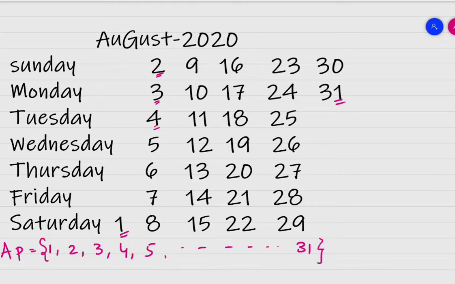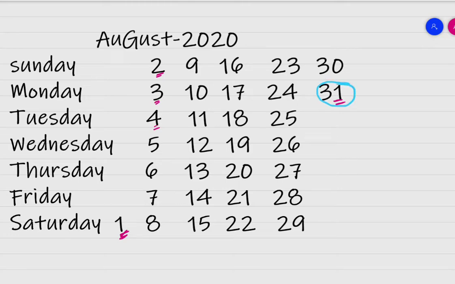Now, suppose someone asks you to give the sum of all the terms, how will you do this? Suppose you need to add all the numbers from the 1st term to the 31st term: 1 plus 2 plus 3 plus 4 plus 5 plus 6 plus dash dash dash plus 31 at the end. Can you do it within a few seconds? Yes, children. If you observe nicely here, you will come to know a particular pattern.